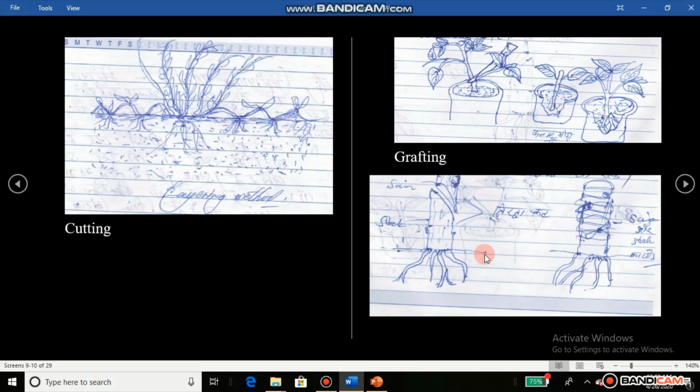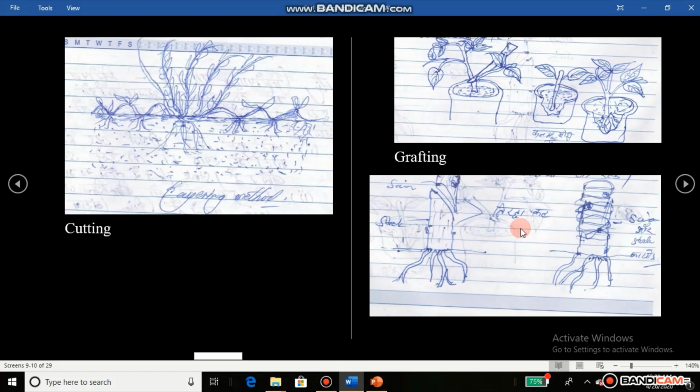So you want to get the other quality in the same plant, and then you take the other tree where your desired quality is. Suppose this is a mango tree and another one is also a mango tree with other qualities. You need some quality in this one and some quality in the other, then